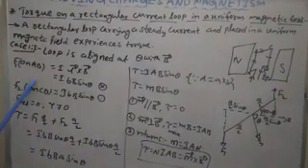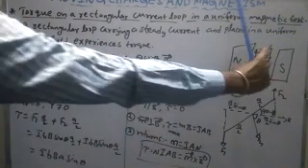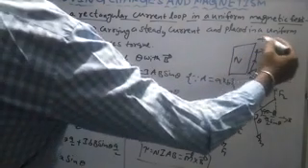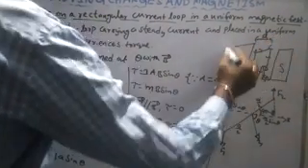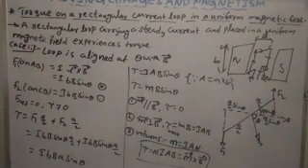Then what is the force on AB? I L bar cross B bar, that is ILB sin theta. What is the length here? So the length is nothing but B. So this is the L length, and this is the B length, right? So it is I into B sin theta. The direction we already discussed, it is into the board, right?